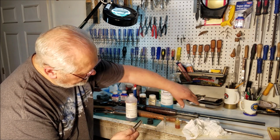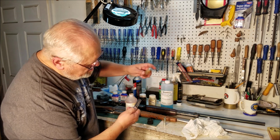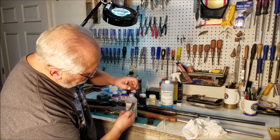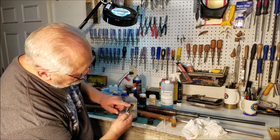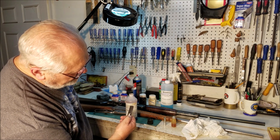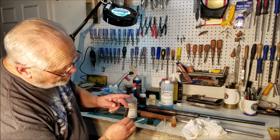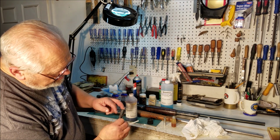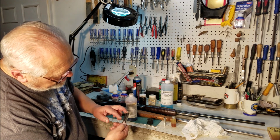You wipe it off, put a drop of oil on it, and that actually worked probably better than the Birchwood Casey one. That is black. On this particular alloy, and this is what I mean by all of them don't work the same on different alloys. On this alloy, the Birchwood Casey was not as effective as the